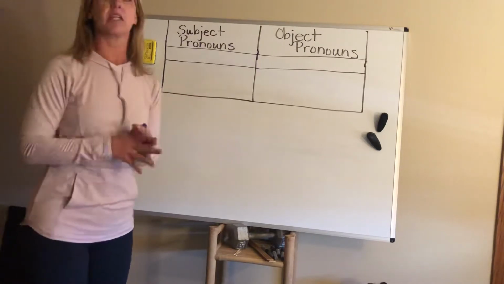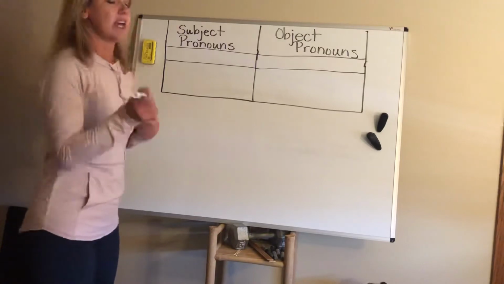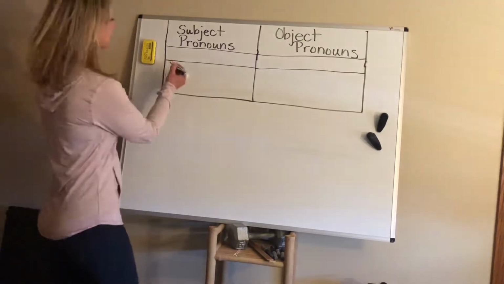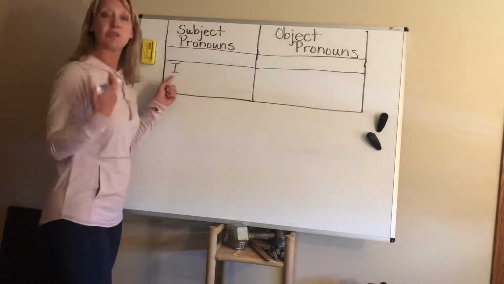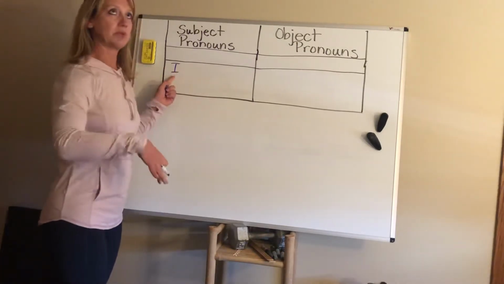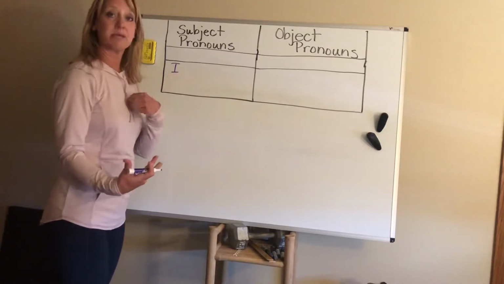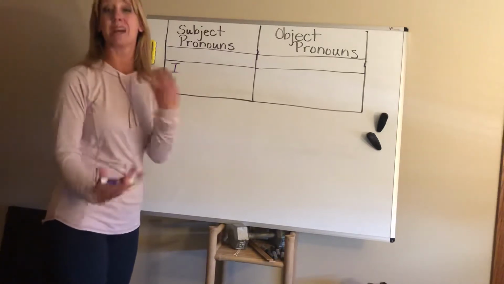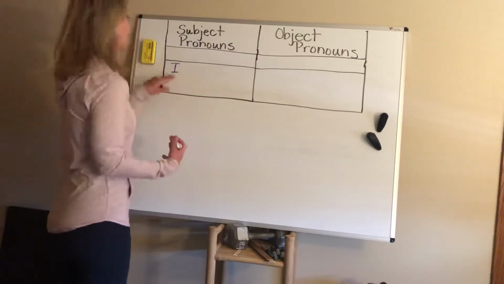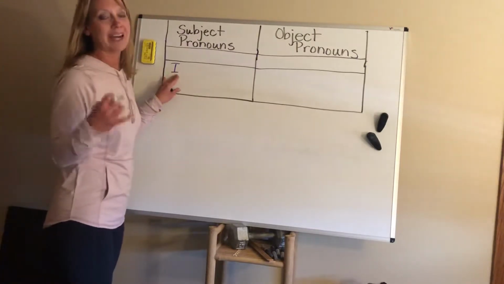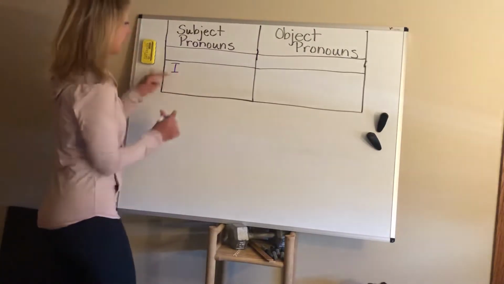Basically there are 7 subject pronouns, and I'm going to list them here. You've got the word I, which refers to a person. Remember, a pronoun takes the place of a noun. So the word I would take the place of my name so that I didn't have to say my own name when I'm referring to myself. Remember, the word I is always a capital letter, always, no matter what. So I,